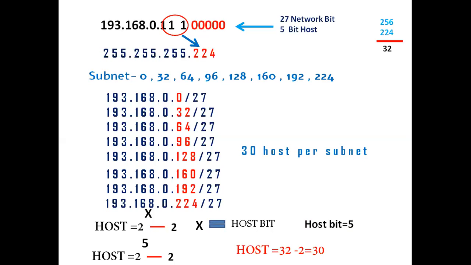Hello. Yes, brother. Please, how did you come about /27? How did you come about that? Is this a class C subnet, brother? Yes, it's a class C subnet. So how many default network bits are there? Class C has /24. Okay, 24, so that means we had three host bits, right? Yes. That's why I've written /27. So that's how it comes to 27. Okay, thank you very much. No problem.